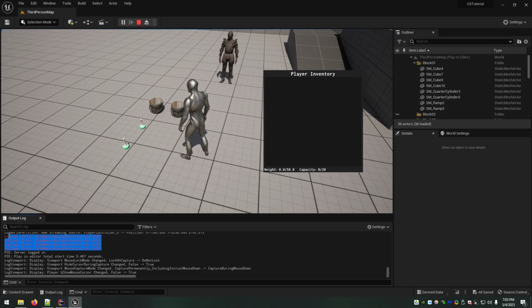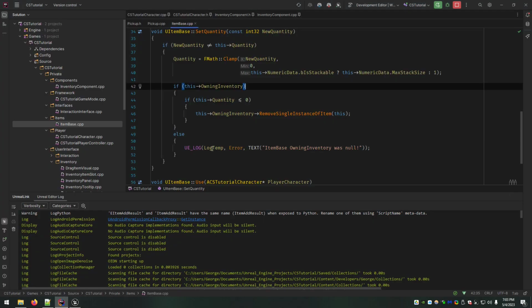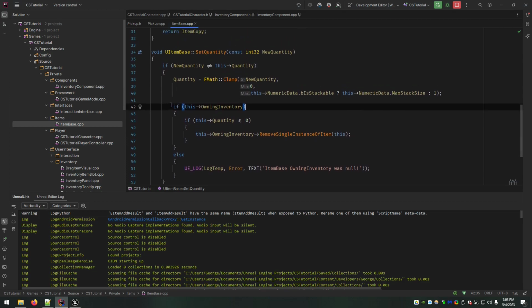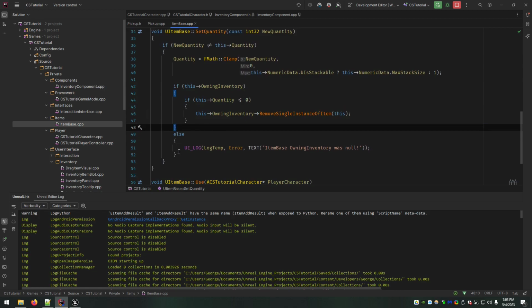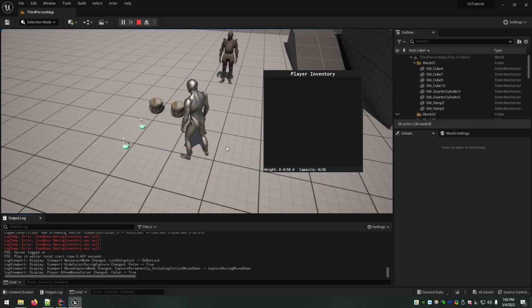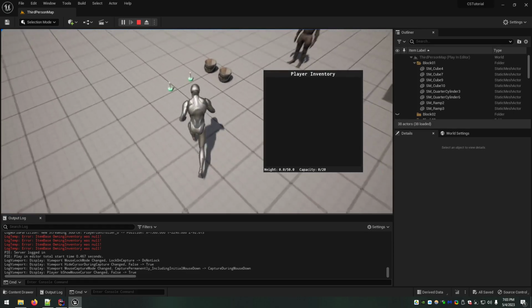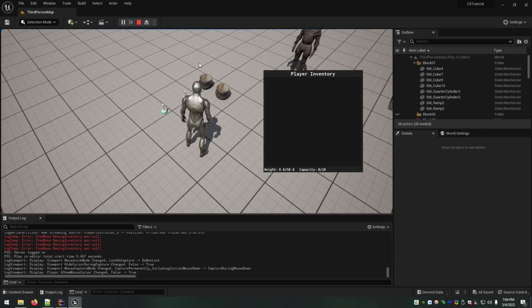So when that creation process was running, it went through here, it was setting their quantity, but there was no owning inventory for it to do this check on, and so that's why we got that printout. It's still useful, but it should probably say something like owning inventory was null. Ignore if item was a pickup. So just wanted to address that in case you noticed that there and got curious.